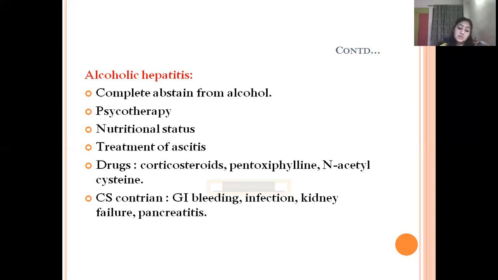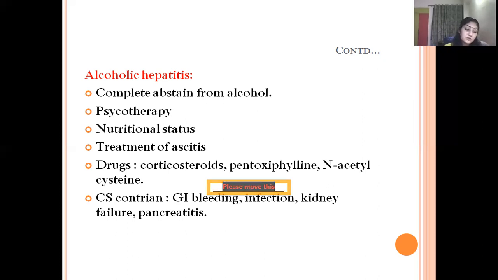Now, another question: a patient of viral hepatitis becomes drowsy. What is its significance? Always note that if the patient is going toward hepatic precoma or encephalopathy, then the patient will become drowsy. So we have to take measures accordingly.